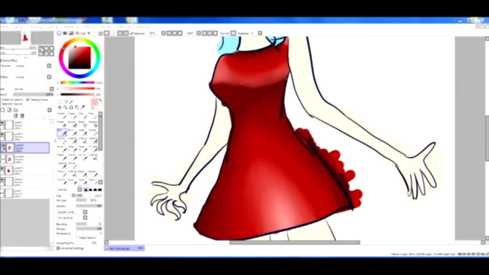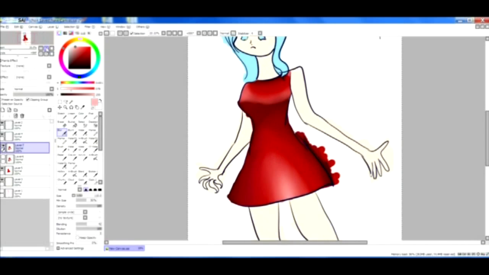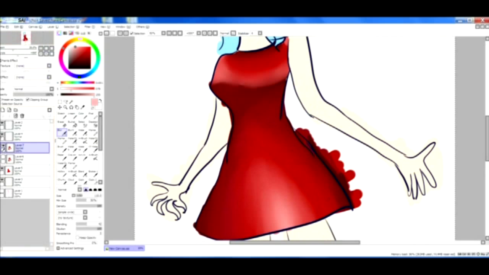Let's admire the new highlight. Yeah. Let's get to skin. Alright, so